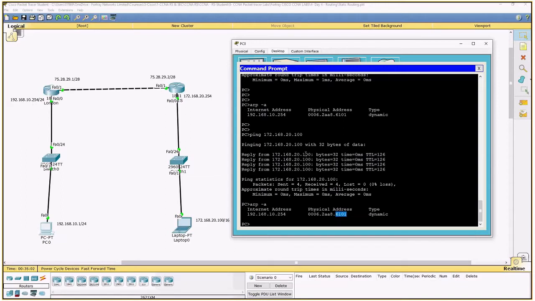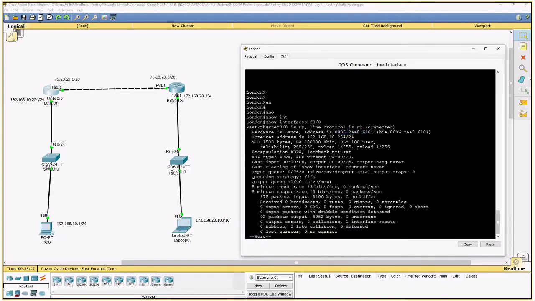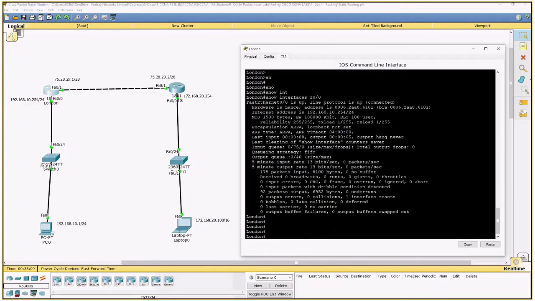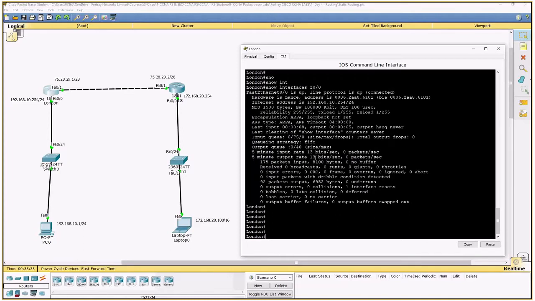Then the router will say, oh, I got the request. What is the destination IP? Okay, the destination IP is 172.168.20.100. It checks the source is this, and he wants to reach this guy. What does it look for? The destination, not the source. Remember, a switch looks for the source and associates the MAC address with the port. Here, the router looks for where this guy is actually trying to go, and it does that by doing show IP route.